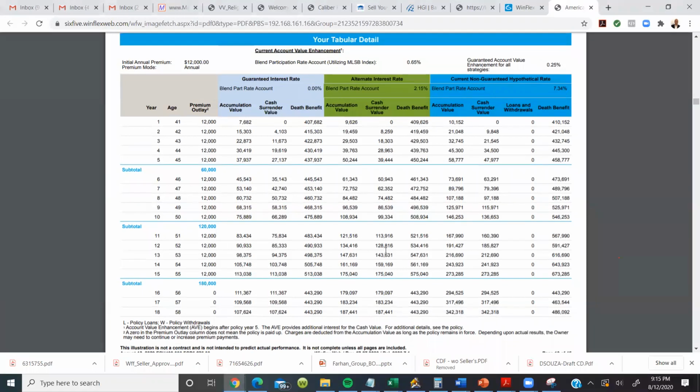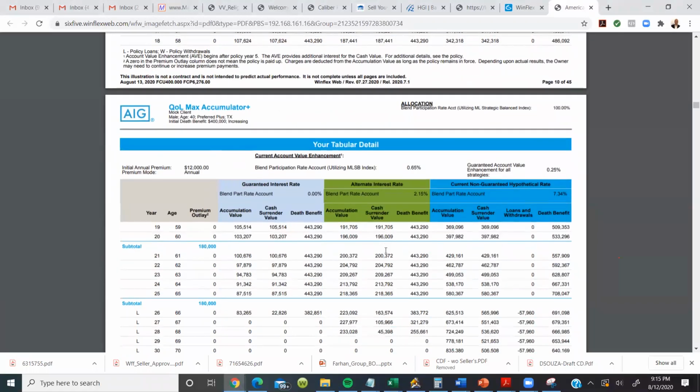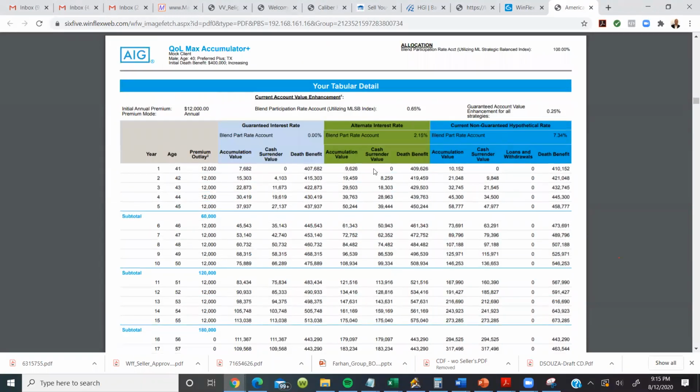While we are talking about it, one thing I didn't understand in the AIG illustration is this second column, the alternate interest rate. Is this something for when we don't choose the index? No. This is something they are just showing between the guaranteed and non-guaranteed. They are telling you that it might happen that you get 2.15, let's say. So this is the worst case scenario. This is somewhere in the middle. And this is the average of the last 20 years, right? Got it. So they are telling that even if we manage to get only 2%, still your money will grow like this,